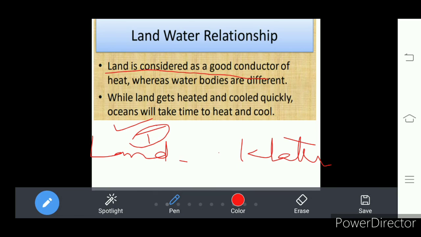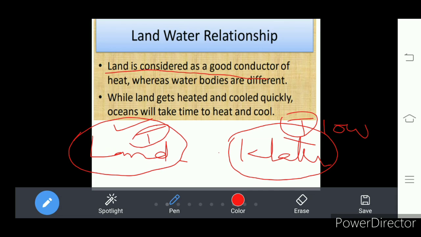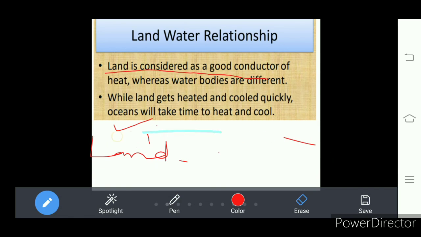Understand? A water body absorbs heat very slowly, so the temperature recorded is low. That means we find lower temperatures on the oceans, rivers, and seas, and higher temperatures on land, that is at continents. So due to this difference in the temperature of land and water bodies, we find